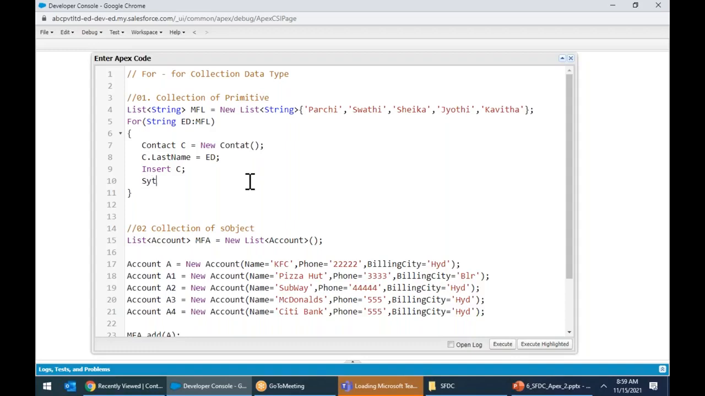After that, I want to print a message. System.debug. System.debug what? Contact created successfully with contact ID plus C dot ID. In the C, after insertion, C will hold the ID. I want to print that. Now when I run,